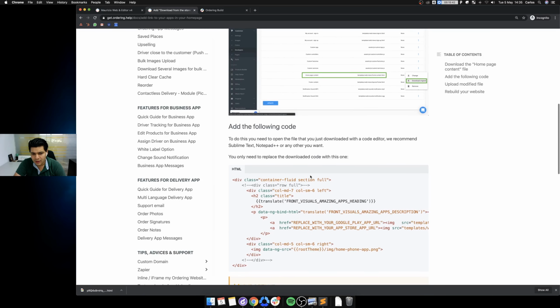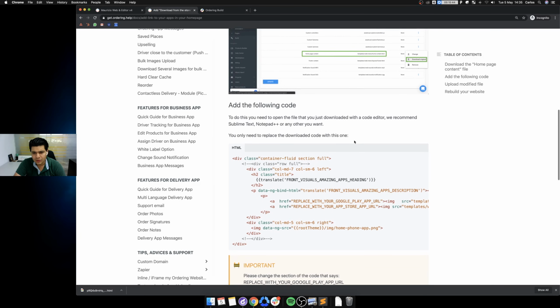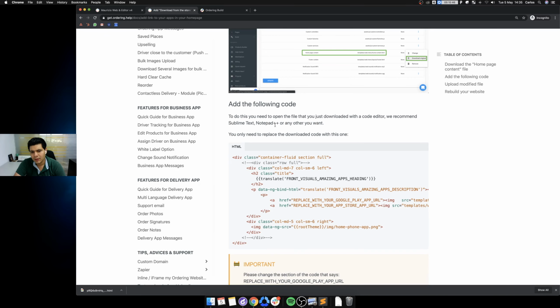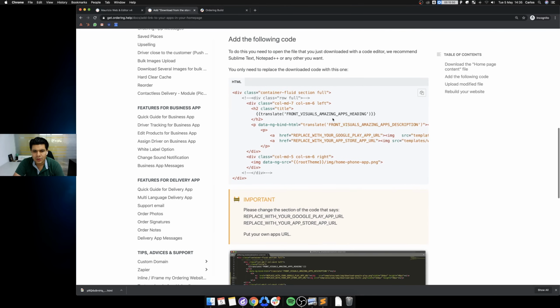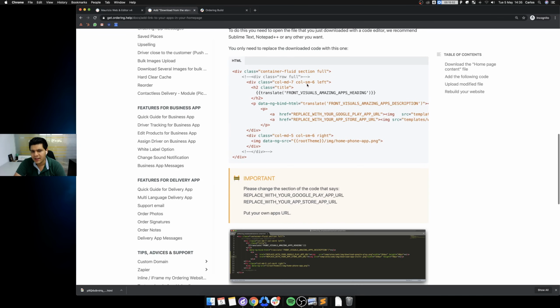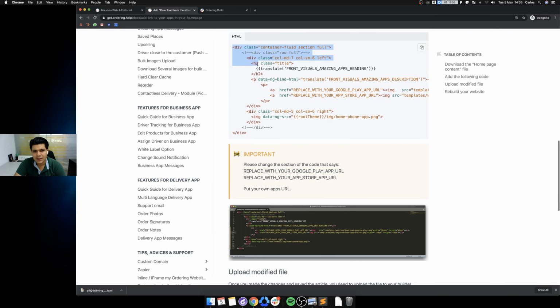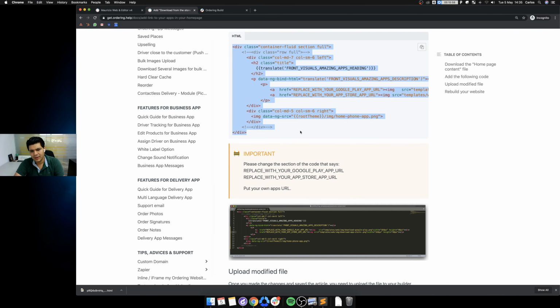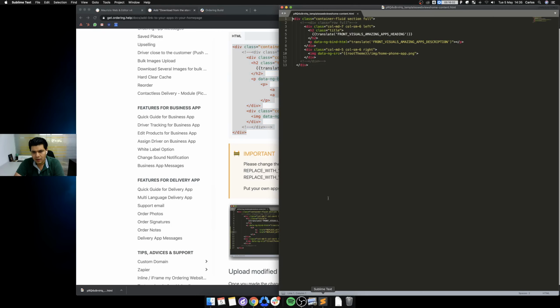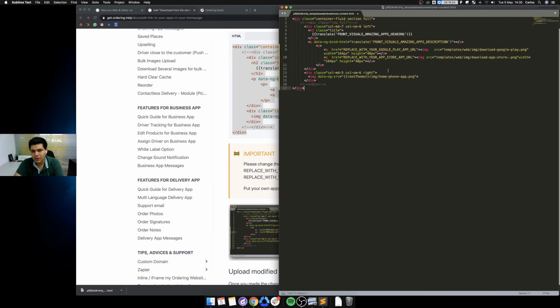So when you download it, we recommend you use Sublime Text, Notepad++, or anything you want. You need to replace the downloaded code with this one. Now, this is the HTML that we have to set up, the new one, instead of this one. So we just put the new one, save it,